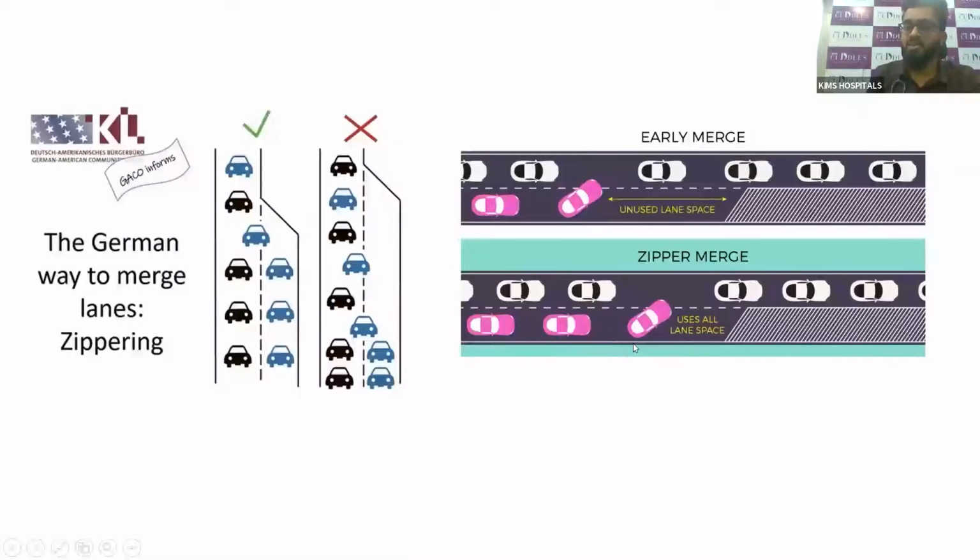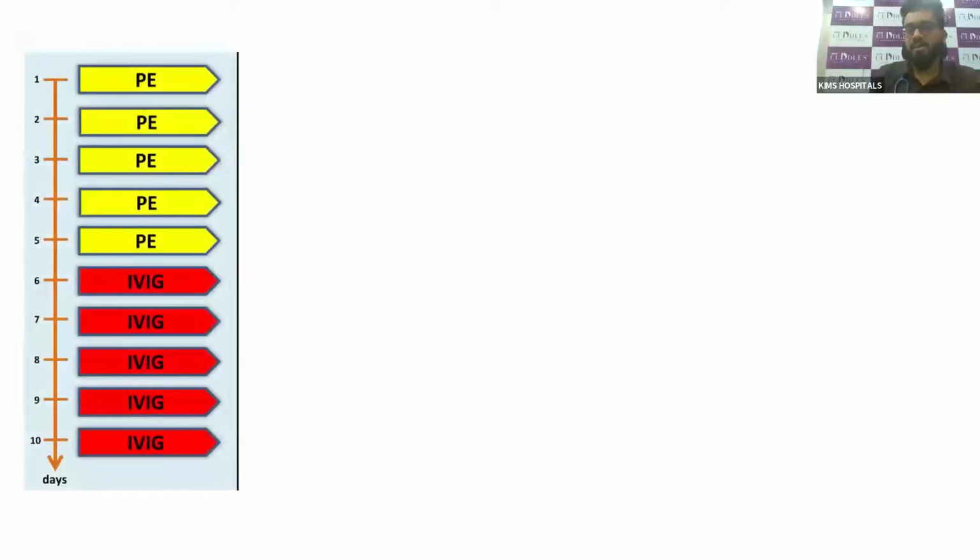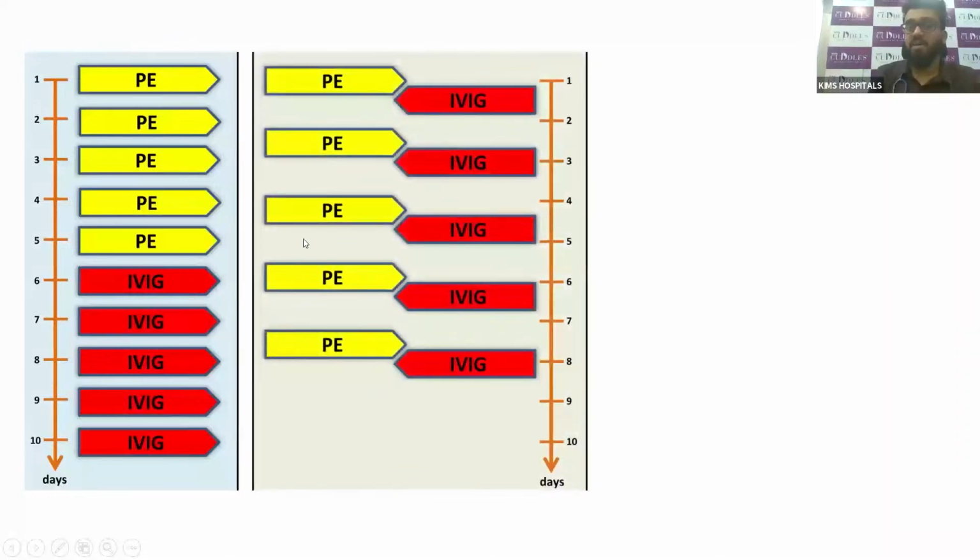The same technique is used in treatment, and this is called the zipper technique. I'll try to explain. For example, in immune-mediated conditions, we tend to use plasma exchange, right? We give 3 or 5 cycles of plasma exchange and then give IVIG. We cannot do vice versa, because if we start with IVIG and then give plasma exchange, that is technically going to wash out all the IVIG. So if you want to give steroids and then plasma exchange, after finishing the cycles of plasma exchange you can give IVIG. There's a newer technique which says that we can alternate the sequence of plasma exchange with IVIG.